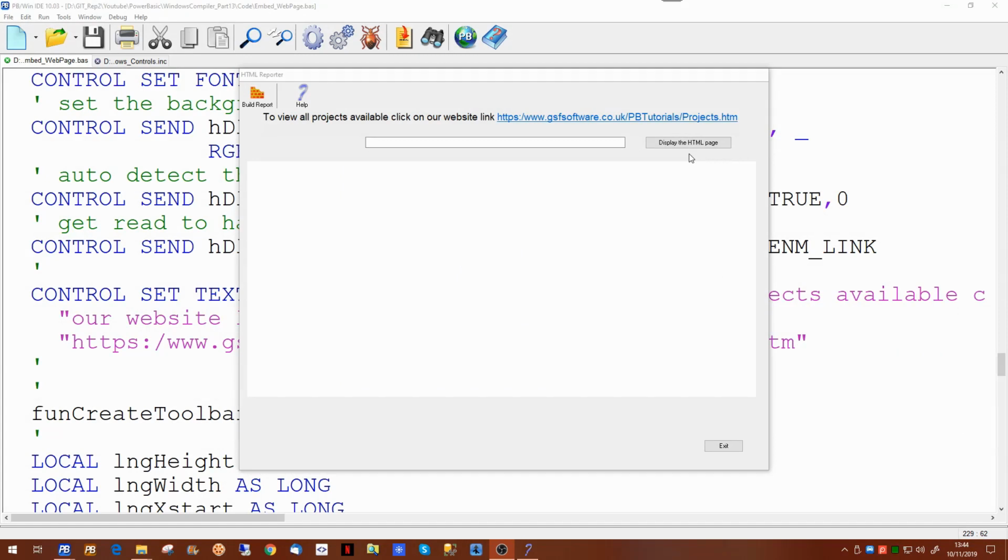This is where we left our application at the end of the last video, with a rich text control which allowed us to highlight a URL on the screen and allow it to be clickable. What we want to do now is add a bit more to this rich text control. If we go back to our source code,